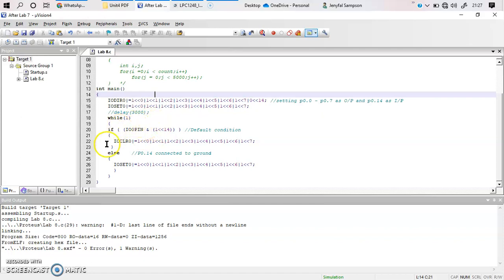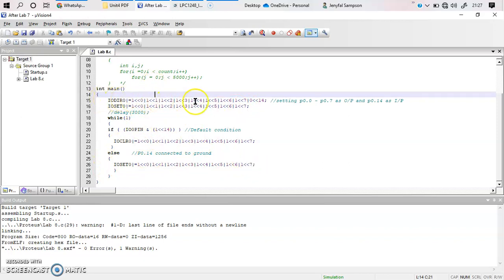So in that particular case, which part of my if is going to be executed? The else part alone is going to be executed. And that is where I'm setting all my LEDs back to 1 over here. So IO set 0. It is the same statement that was provided over here. That statement is provided over here. So I hope you can understand the program flow, what is happening.